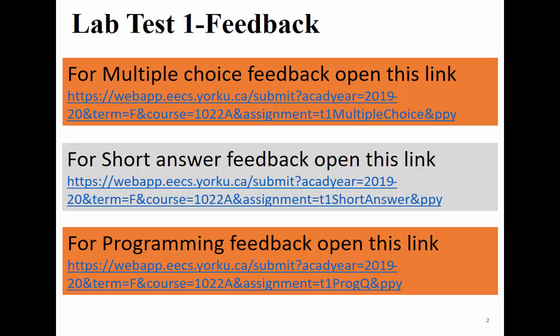We did demo lab tests before lab test 1, hoping all the fear you had would be gone. You go to lab test 1, you're supposed to be relaxed for 2 hours. I used to give 1 hour 20 minutes, but I gave 2 hours. So you should read the questions carefully and answer them.